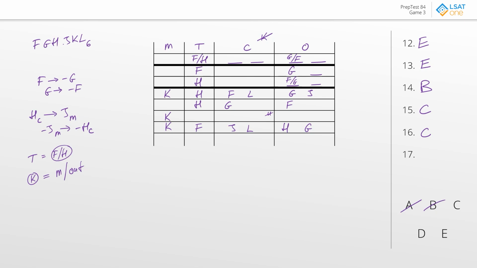Next, question number 17. Which of the following, if substituted for the condition that K cannot be a nominee for counselor, would have the same impact on the game? So essentially, we're trying to replace this rule over here. And we've taken a bit of liberty in terms of what that rule actually said. Rather than the idea that K cannot be a counselor, we've simplified that to say that K has to be either the mayor or out. But effectively, this is the rule that we want to maintain.